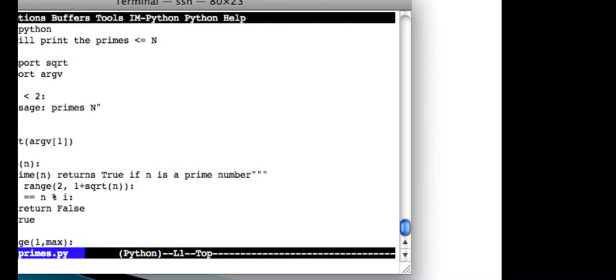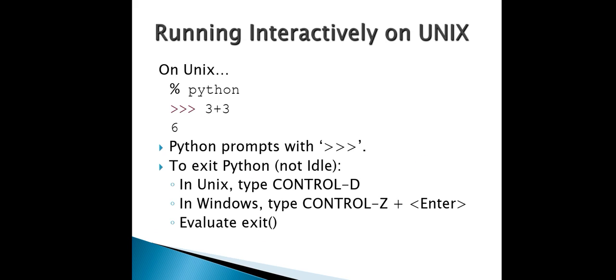After that, running interactively on Unix: percent python. Here three. So Python prompts with >>>, and to exit Python, press Ctrl-D.